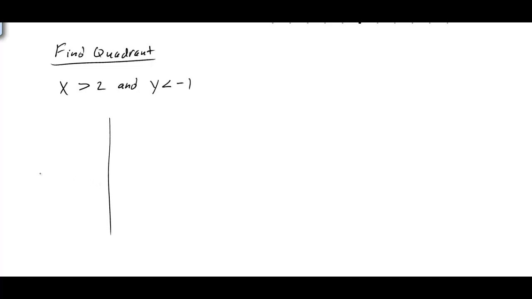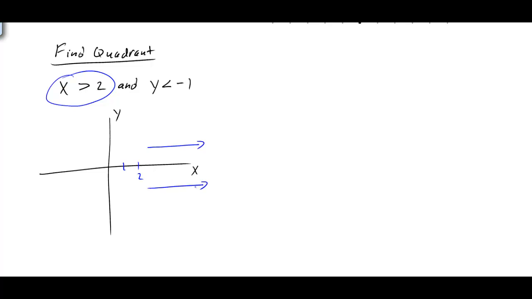Well, if we look at our x and y axis, here's our x, here's our y, and we know that x is greater than 2. Well, if that means x is greater than 2, if we go over on the x, here's 2 on the x-axis. Well, for greater than 2, that means we have to be to the right. So we could be over here to the right